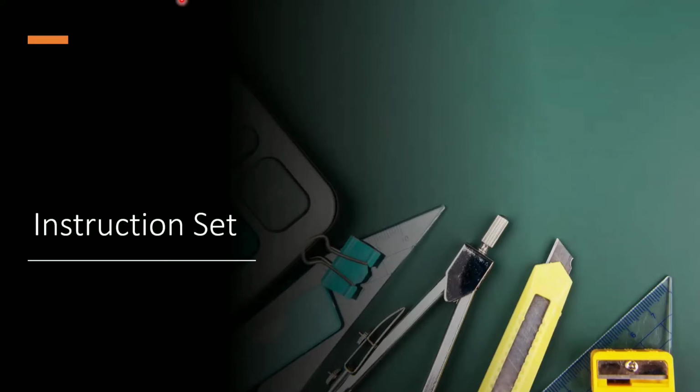Today we are going to discuss the instruction set of your 8051 microcontroller. So in the last class we have seen what is meant by assembly level language, machine level language and high level languages, what are their advantages and disadvantages, and why we are going to learn assembly language: because it is processor specific, we can get full control of your processor.